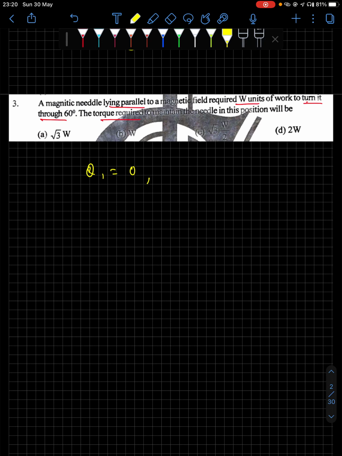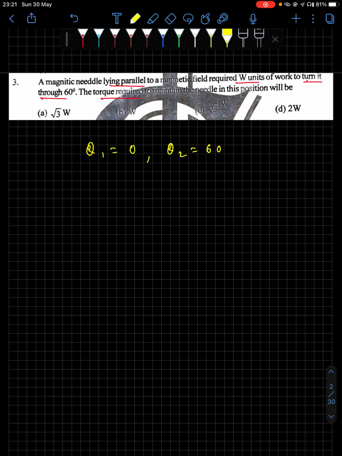Now you rotate this magnet against the magnetic field, of course, because you're doing additional work, W amount of work. You get it into a position where your angle is 60 degree. So what will be the amount of work done in this process? That will be MB cos theta 1, that is cos 0 degree, minus cos 60 degree. So MB times cos 0 is 1, minus cos 60 is half, so you have half of MB.